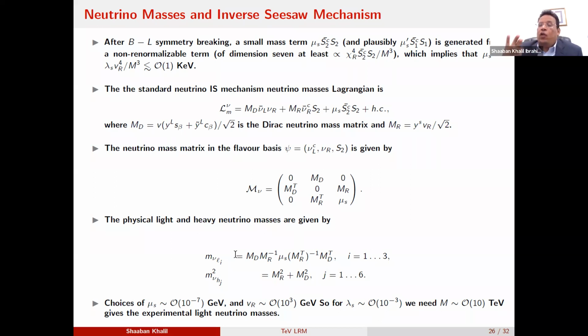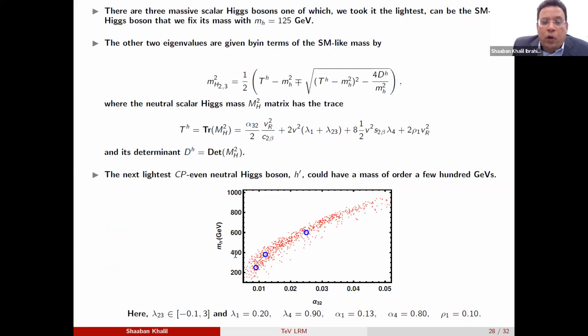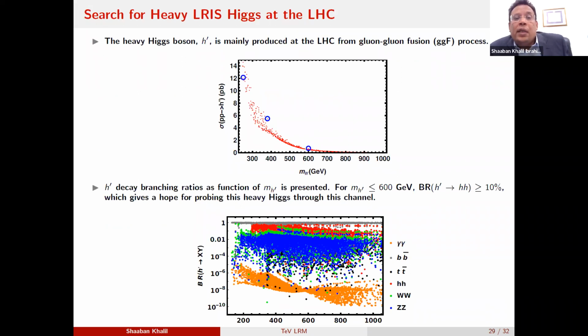And now you don't have only 3 right-handed neutrinos, but the 3 right-handed neutrinos mixed together with the 3 singlet S, and they give you 6 heavy states, which we call right-handed neutrinos as well. So this is the model and the Higgs sector we studied, and we showed that the second lightest Higgs could be quite light, of order a few hundred GeV up to TeV, and we did some analysis to search for this left-right inverse seesaw Higgs at the LHC, but